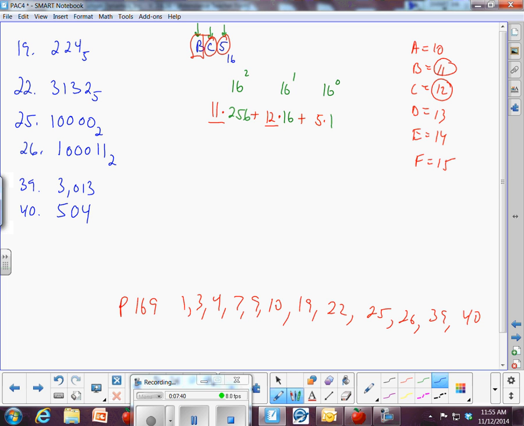So this is 2,816. This is 192, and this is 5. And when you add it all up, you get the final answer of 3013. Okay? So same concept, but we have to use letters for any digit 10 or above because our base 10 system